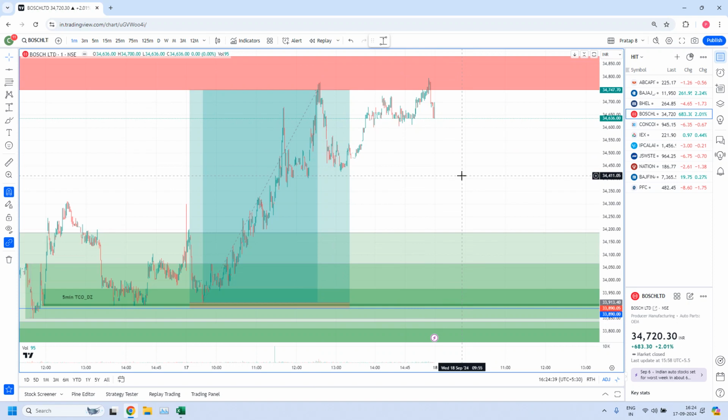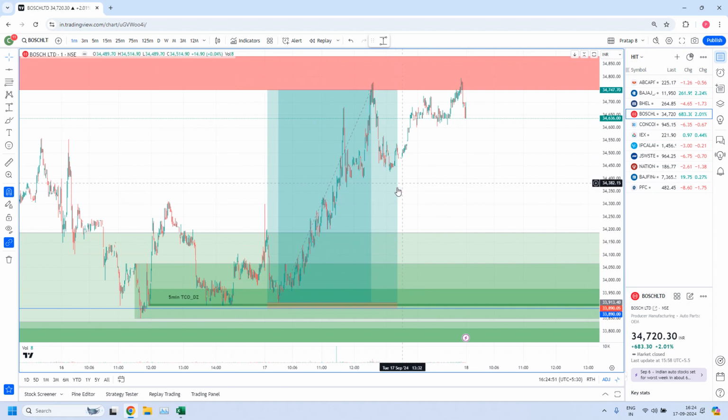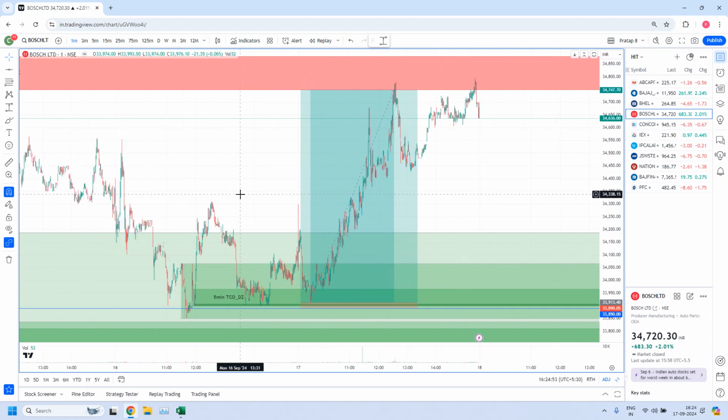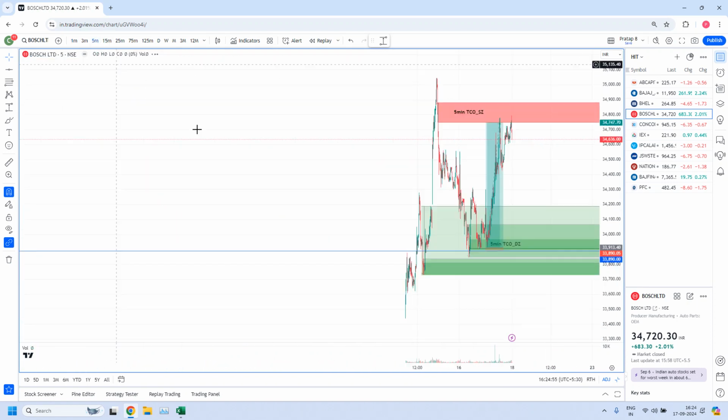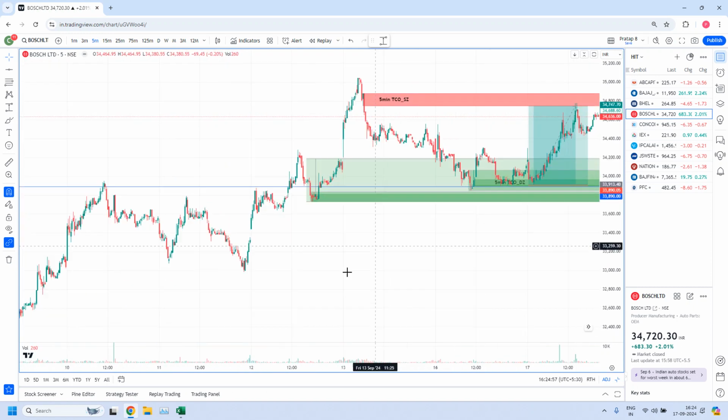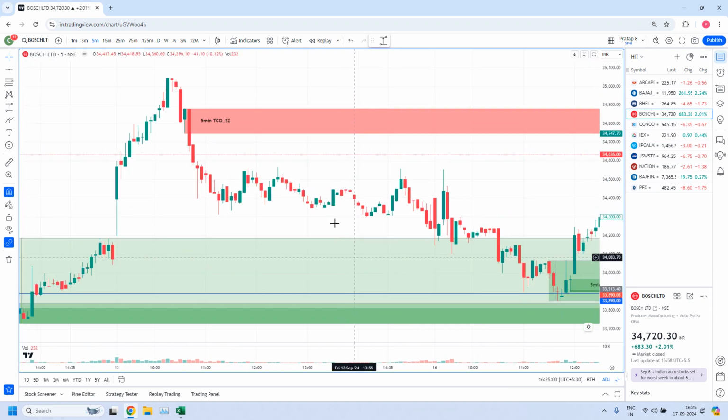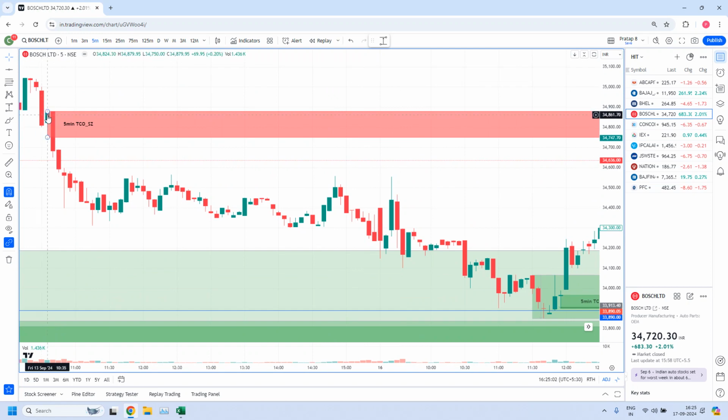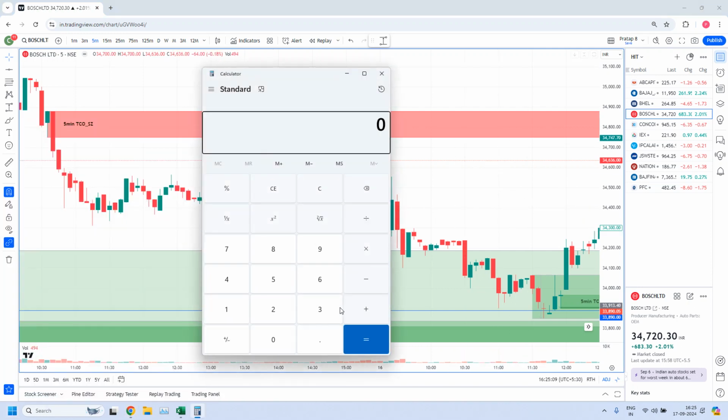I didn't remember the number. The profit, how much it has given. But see, I think I didn't calculate the profit. If anybody wants to see how much profit we would have got, you see here. Go to the 5 minutes time frame. Even I think I didn't calculate. But let us see. What is the low of this zone? 34,750. 34,750 minus